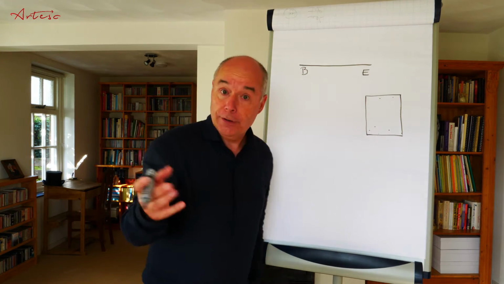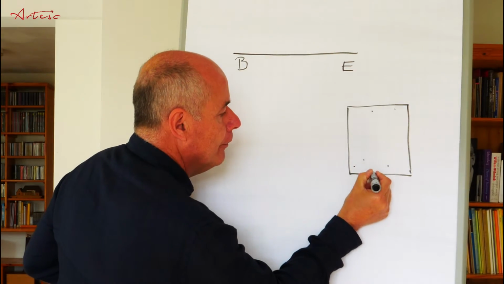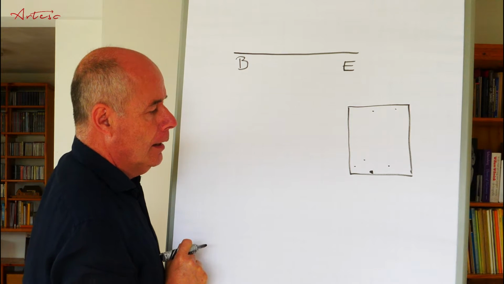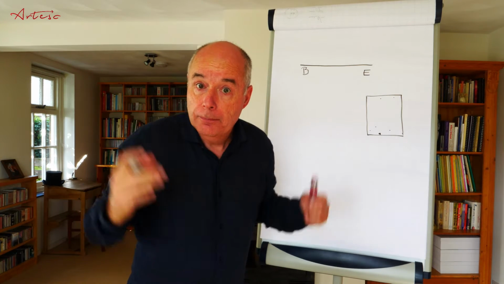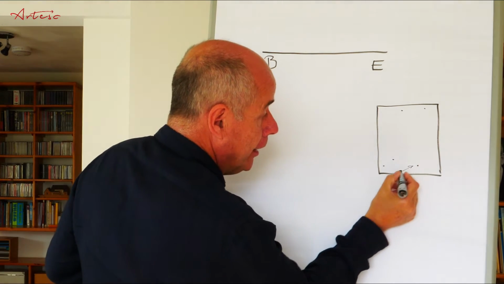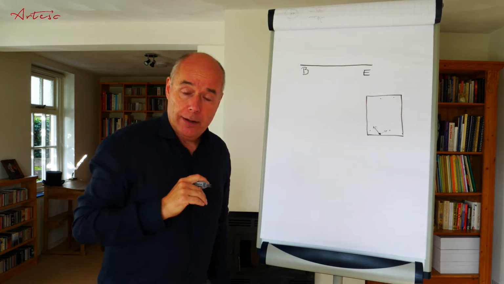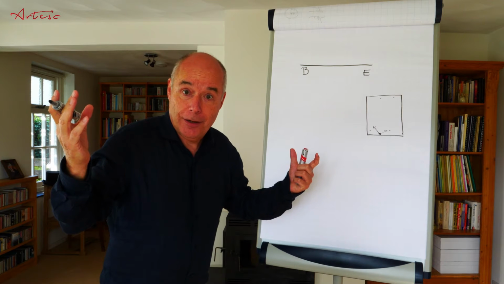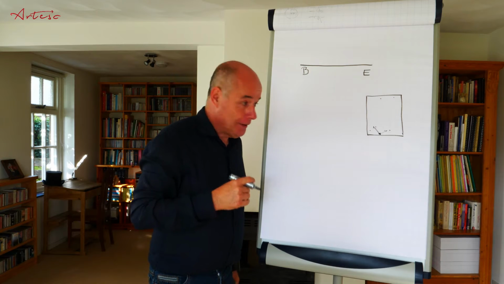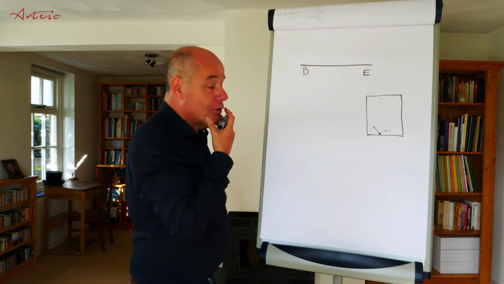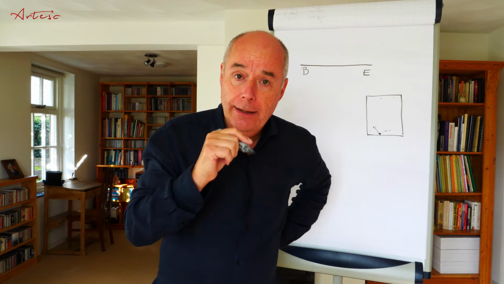You can also choose where to begin. But let's say you choose, I begin here. This is where I begin. Now where to go next? No clue. Because you could go this way, you could go that way, you could go either way. If you don't know where you're going, it doesn't matter where you go as a first step. If you don't know where you end up, it doesn't matter which direction you go. So the very first thing you need to decide upon is where you will end up.